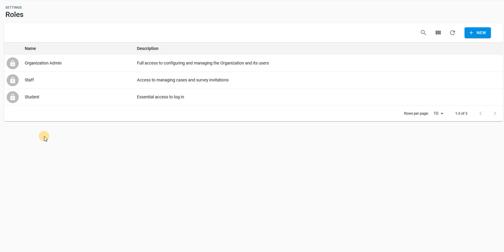After clicking on Roles, you'll be presented with this page here that displays all the available roles thus far for your organization. This current listing is the default listings for each organization at the time that the organization is created. To explore the details of any of these, simply click anywhere in the row